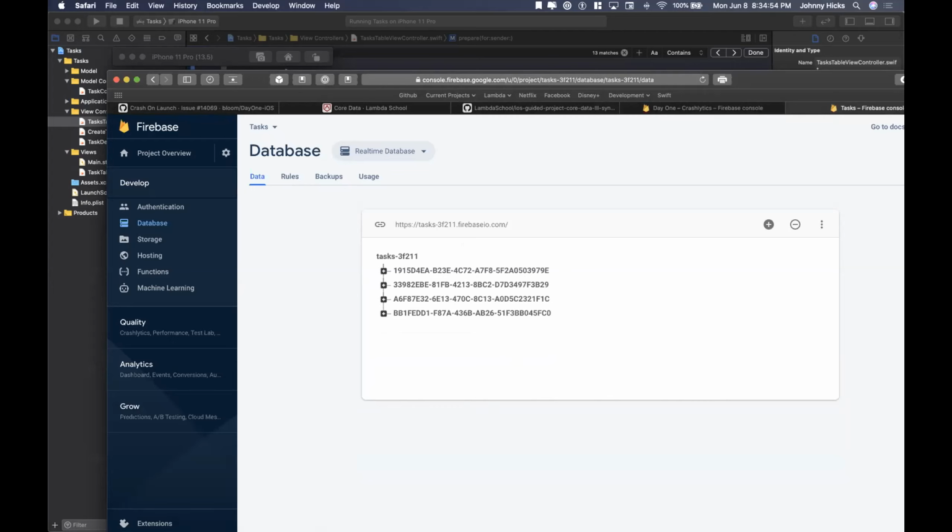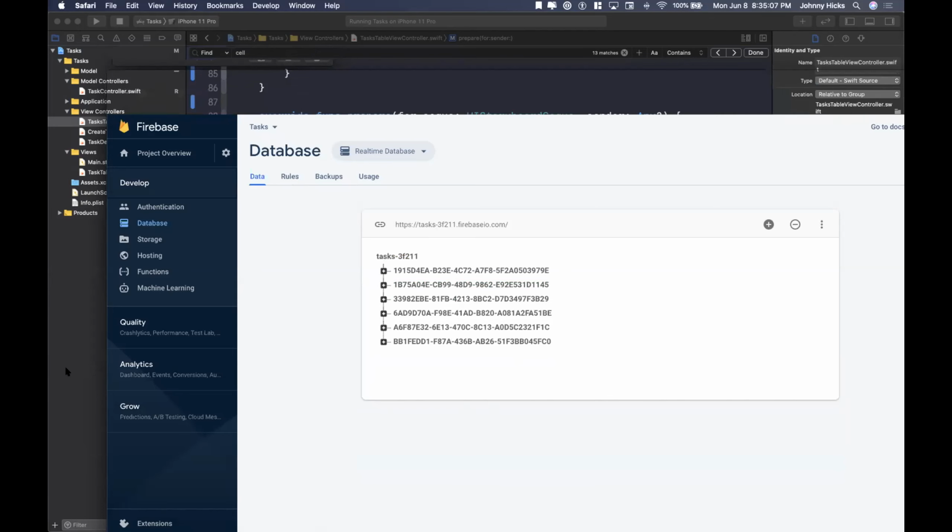Okay, well, before we take a quick break, let's test some of our other functionality because I did say that there are a few different places where we're going to send up to the server, right? So one is creating a new task. Another is updating a task. So if I go to